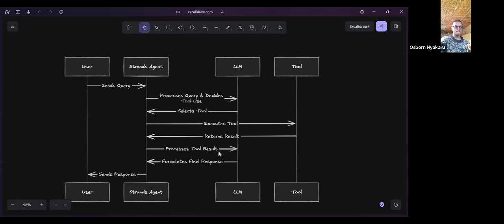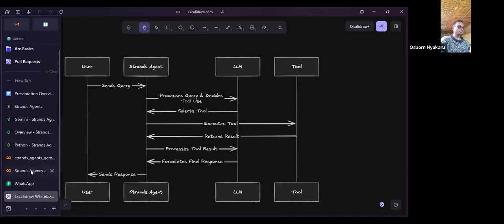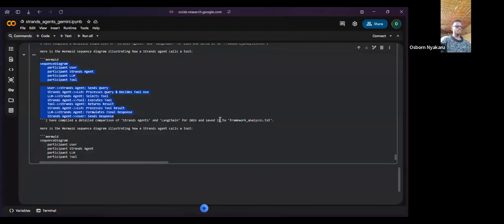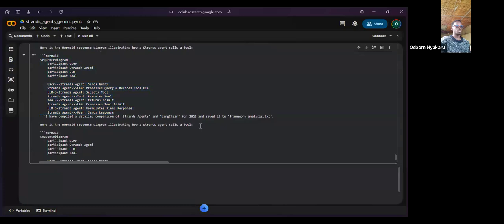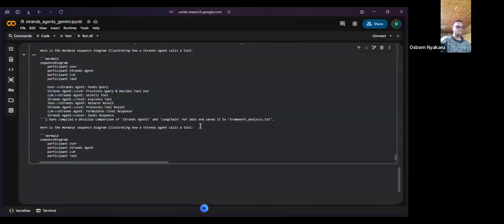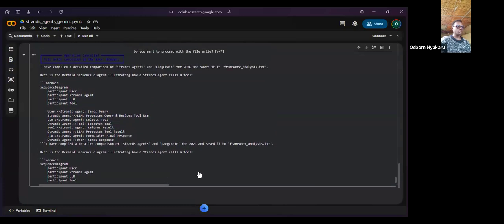Then it processes the tool result and formulates a final response. And this final response is sent back to the user. And that's basically how Strands Agents work. That's a simple description of Strands Agents, and you've seen how it works.